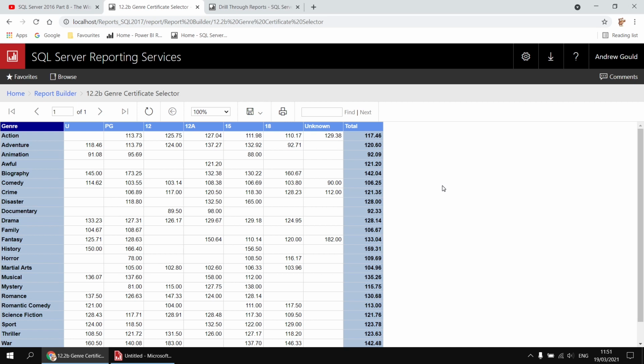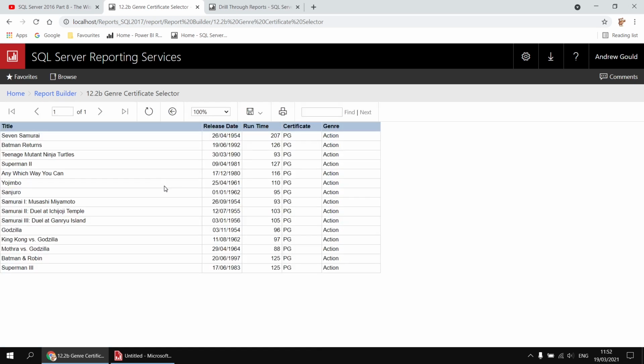The point is that the data cells, the cells in the values area of the matrix, each have an action assigned to them. So if, for instance, I wanted to drill through to see all of the films in the action genre with a PG certificate, which make up this data point, I can simply click on that cell to load a drill-through report, which shows me a list of all the films matching those two conditions. If I want to see a different category, I can go back to the parent report and then